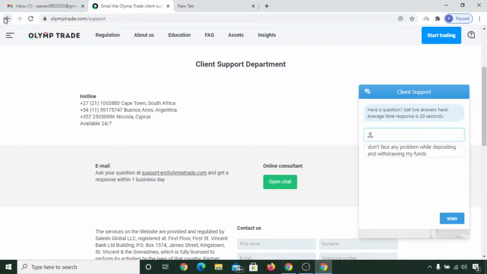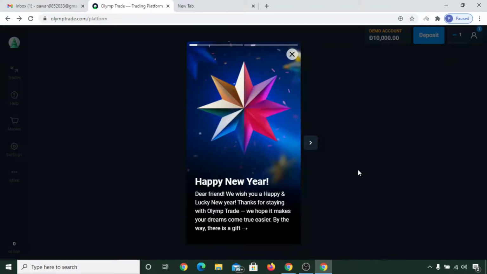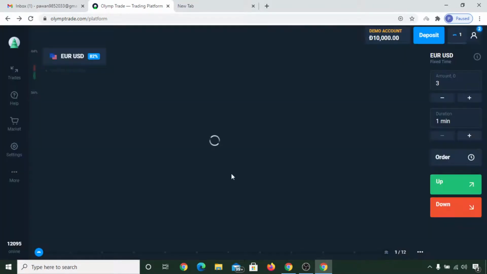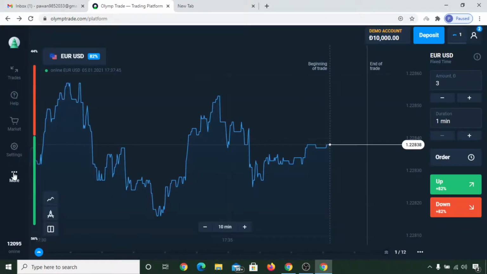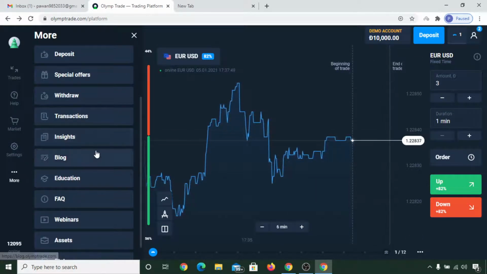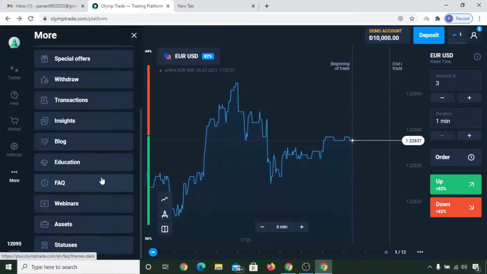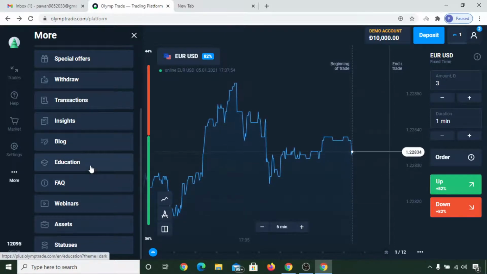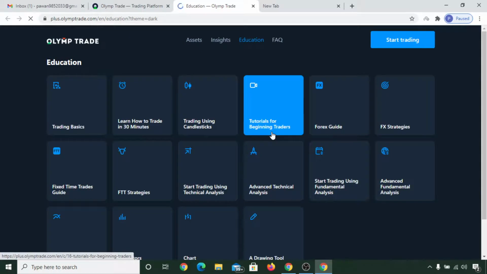So for now I'm going back, and another important thing I want to show you in this Olymtrade is in this More section. Once you click on More, scroll down below and you will see some education material that will be useful for you if you are thinking to trade binary options on Olymtrade.